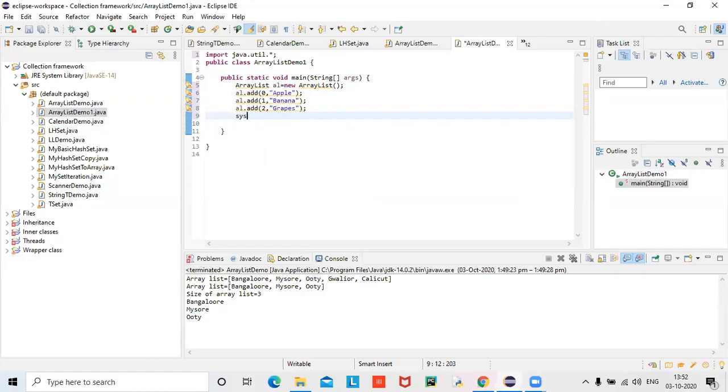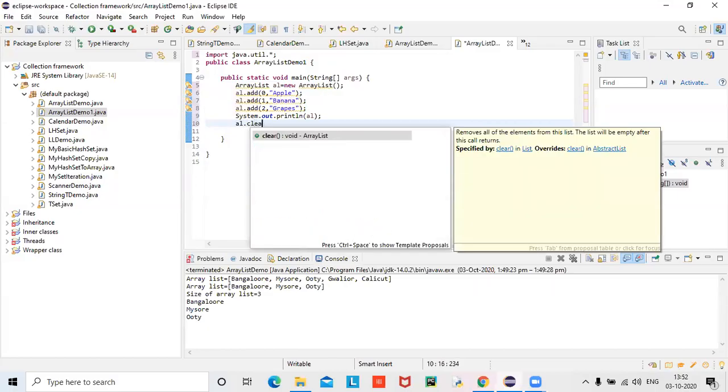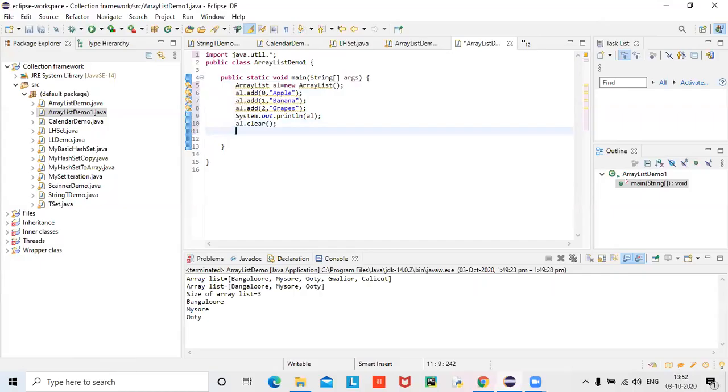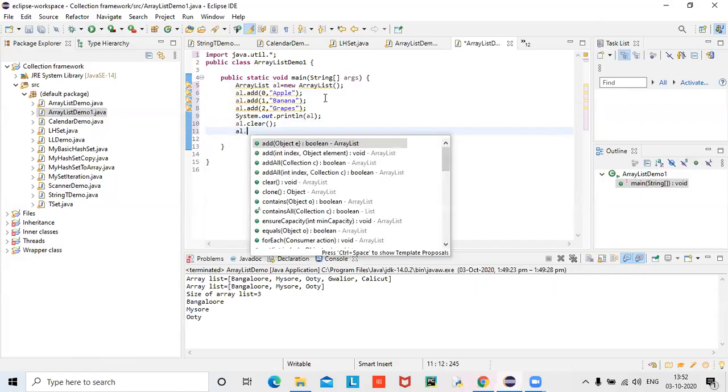Now I want to display al. Then I want to clear everything from that. Al dot clear, it is applicable. Here also the same method. And then again I want to add elements.